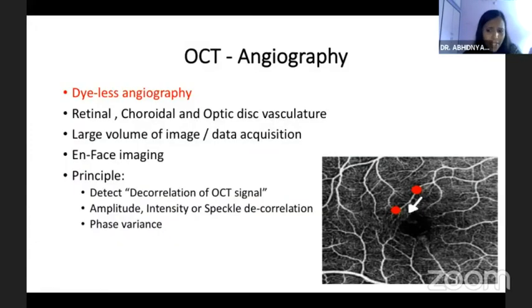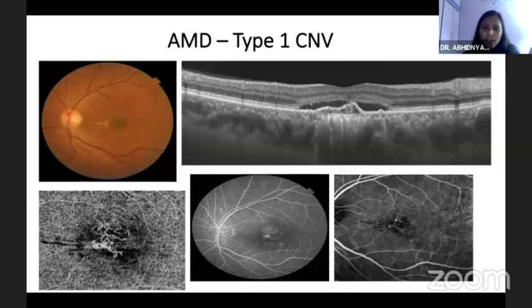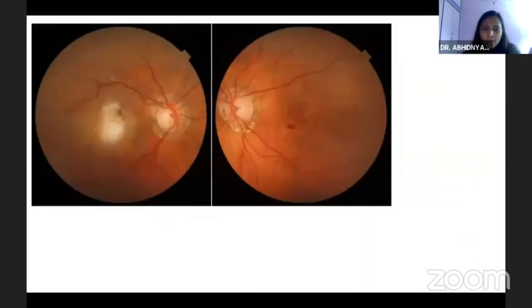OCTA has now become a dyeless angiography known to everyone, shows the various layers to us, and has been used in CNVM detection. Now, this was a case where there was